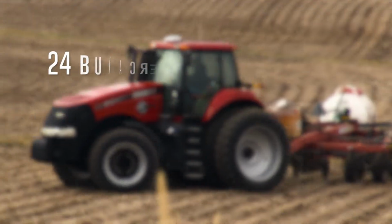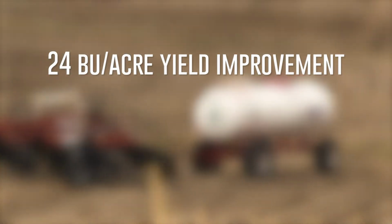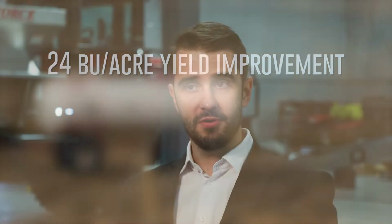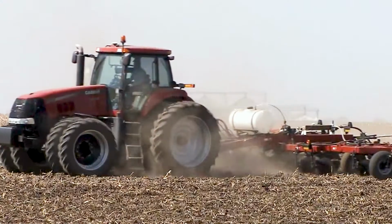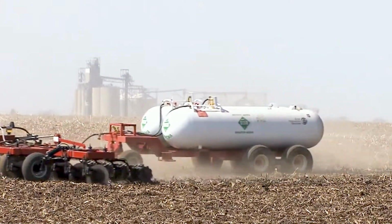In this specific environment, Centuro yielded 24 bushels per acre more than applying fertilizer alone without any inhibitor. And that was a very specific nitrogen rate. It was at 120 pounds of N per acre applied in the spring. And so that was a very big yield increase that we had for that environment. So we had all that loss pressure, and we had a product there that helped us to protect that fertilizer